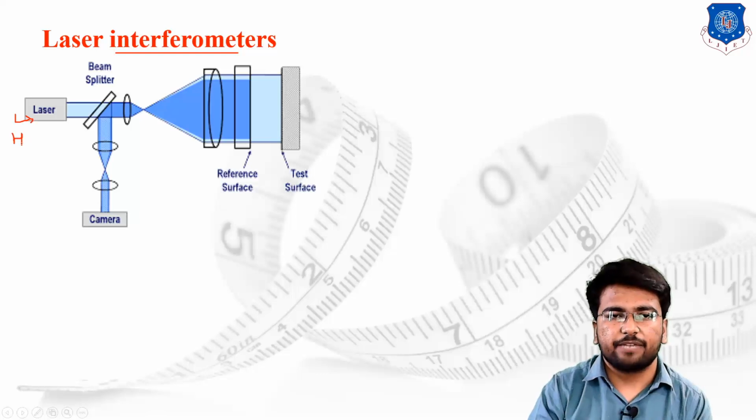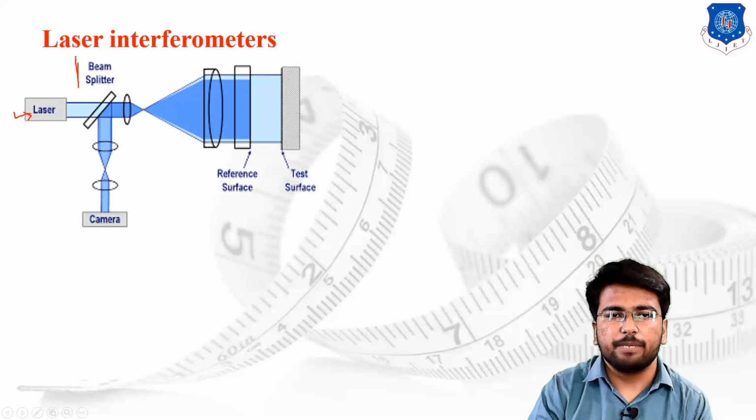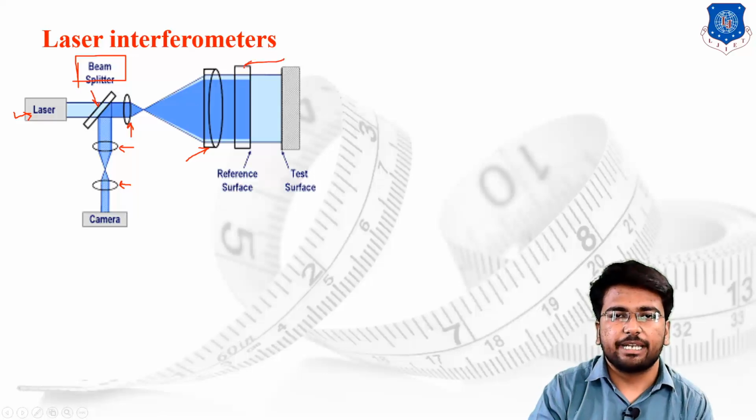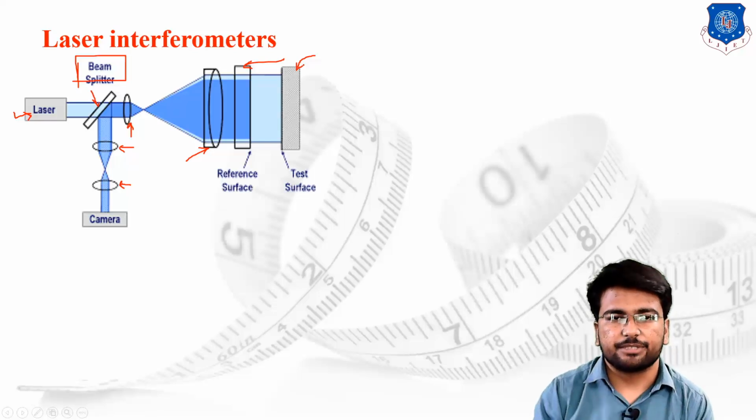As we have already discussed, we are using helium and neon gas for the generation of the laser. Then from the production of the laser we transfer the laser to the beam splitter. Over here the beam splitter has been provided. Then there are a number of collimating lenses, which are used to propagate the laser with the proper dimensions, or we can say in the proper directions. Then the reference surface has been provided, which is the reference standard, and behind the reference standard we provide the test workpiece or testing surface.